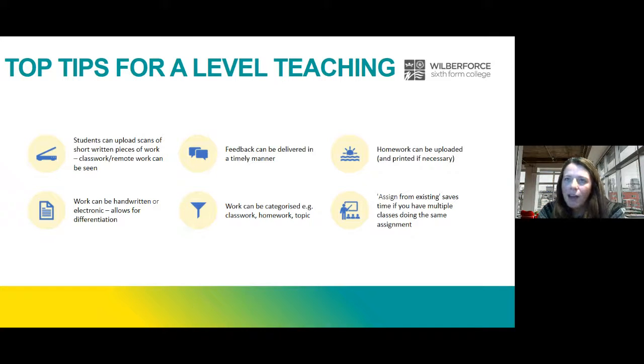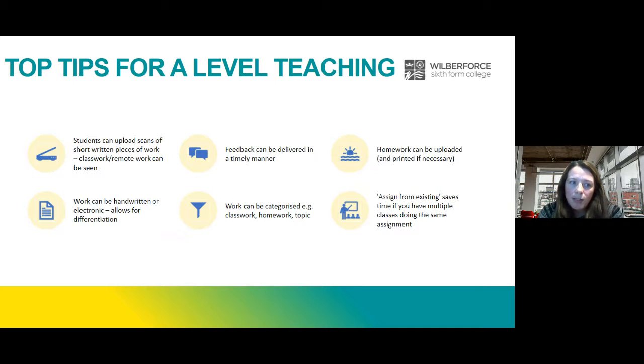That way, even if I can't get around the whole class to see what they've done, I can see their written work. Also with remote learning, remote lessons, I've said, right, the starter activity, you've got 10 minutes, then take a scan, then upload it to this assignment. And then when they're doing another piece of work later on, I can very quickly give feedback. So that ability that we had last year of wandering around the classroom and looking at their work, I've replaced that with Teams and the assignments.